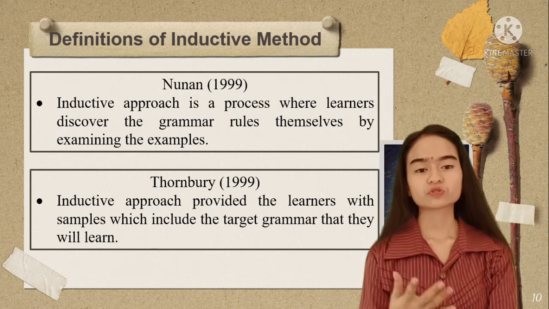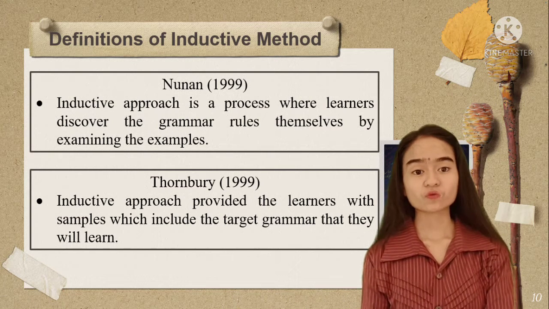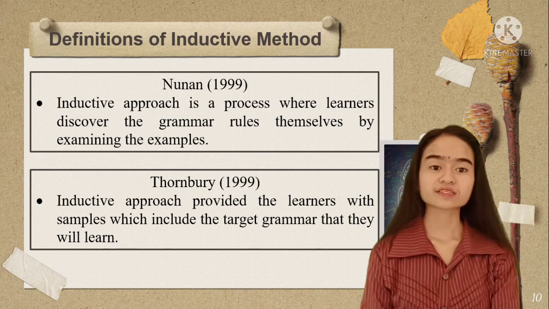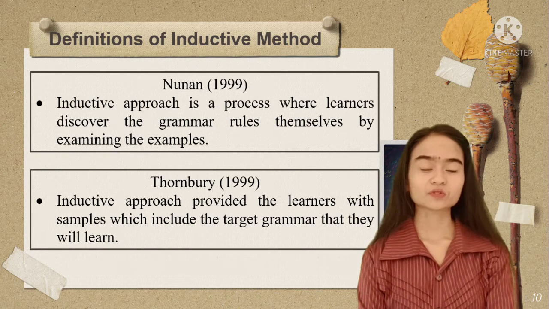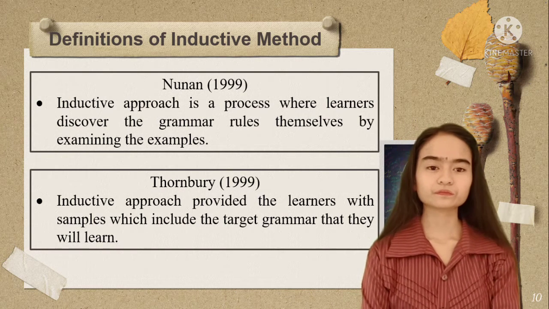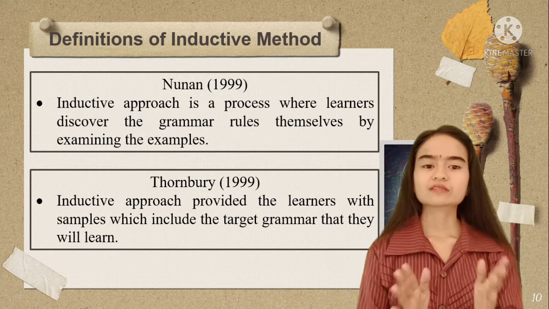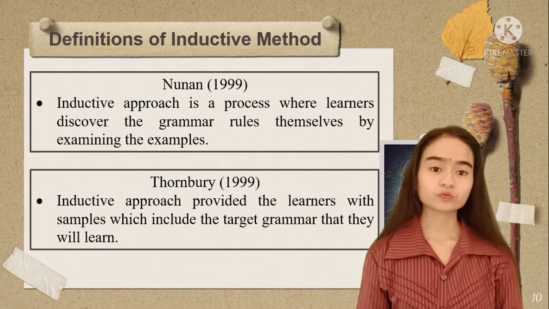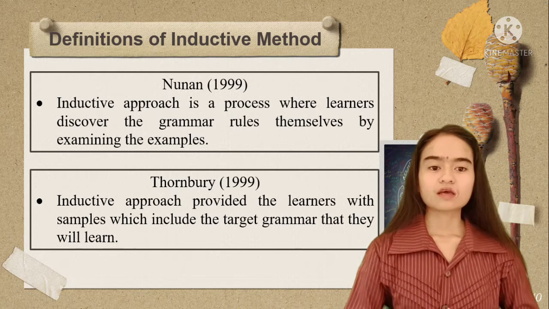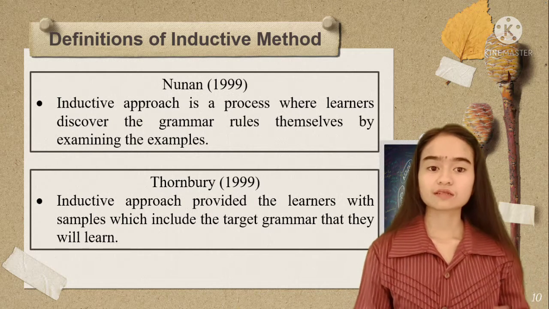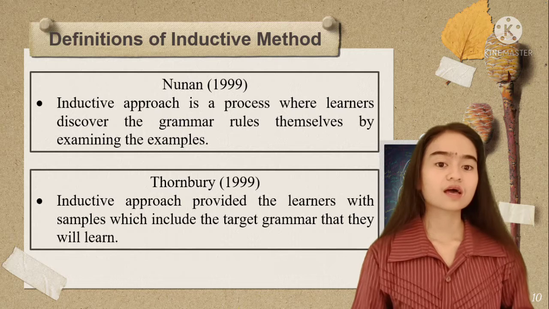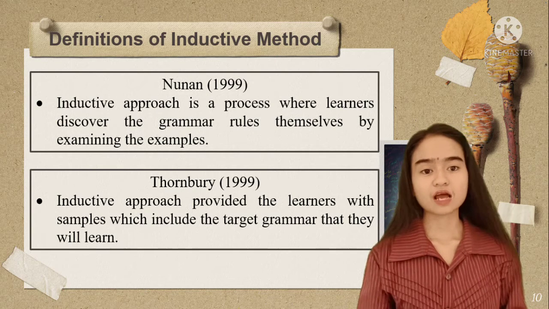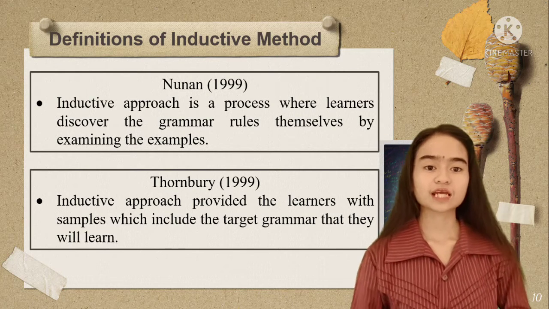In an inductive approach, learners are given samples that include the target grammar they will learn, according to Thornbury, 1999. The students then work on the examples and try to figure out the rules for themselves. When students have a good understanding of the grammar principles, they can practice the language by making up their own